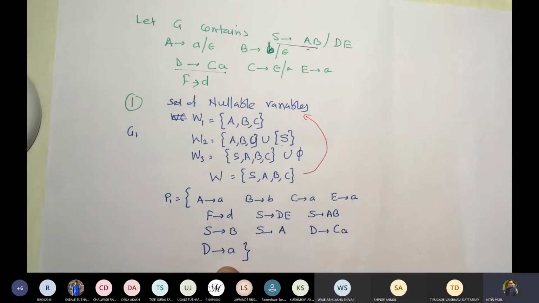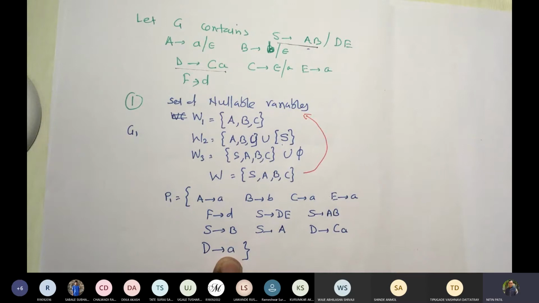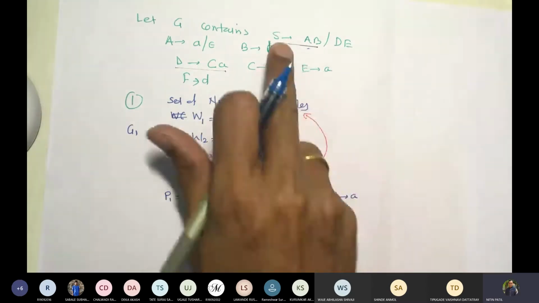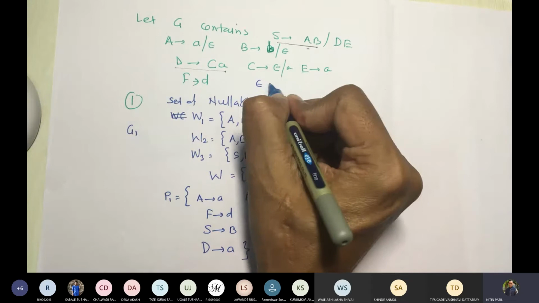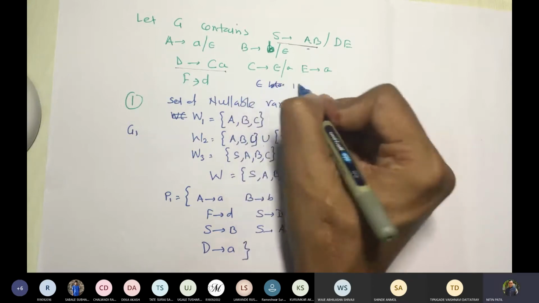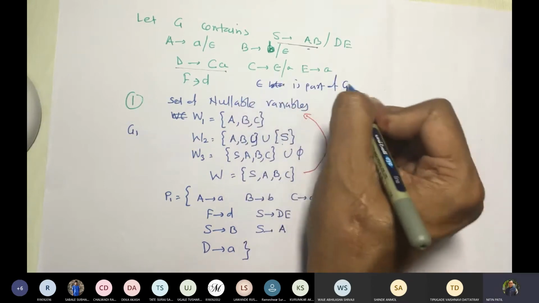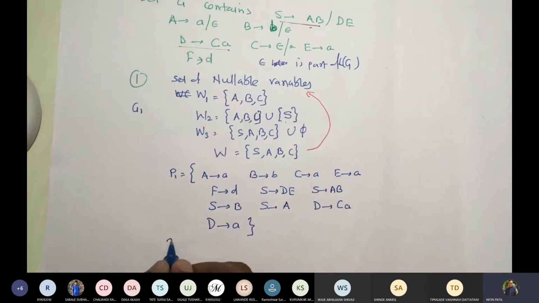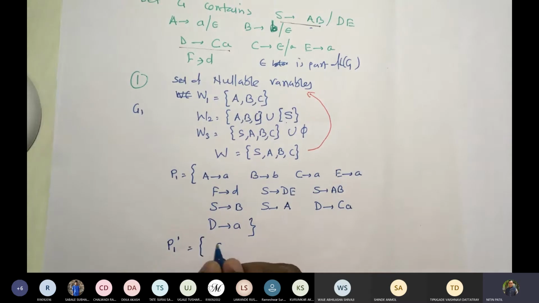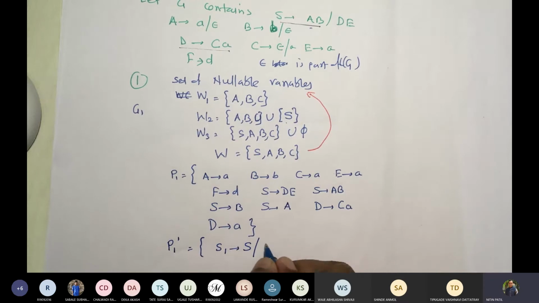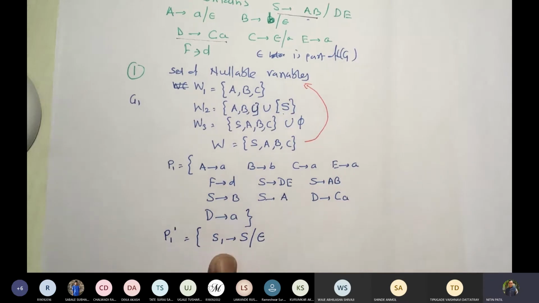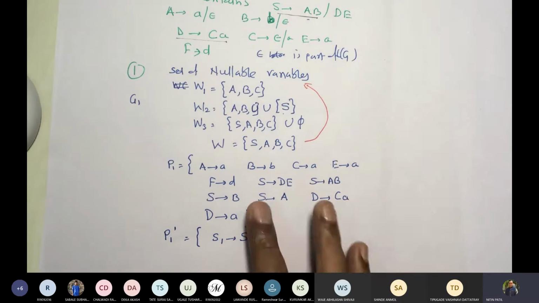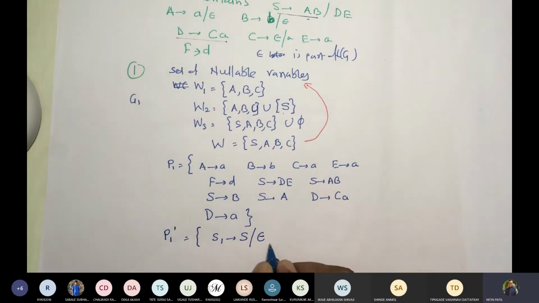Now, in this case, we don't have anything for the language, because this epsilon is part of L(G). We can say epsilon is part of L(G), correct? In the language, because S is a nullable variable. So that's why we'll manipulate this. We will say P1 dash. We will include two productions such that this S1 never occurs on the right side of any production, because S may appear, we don't have anything here. So we will write S1 gives S comma epsilon, and we will write all these productions here.